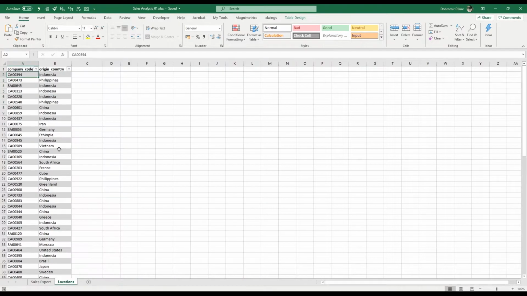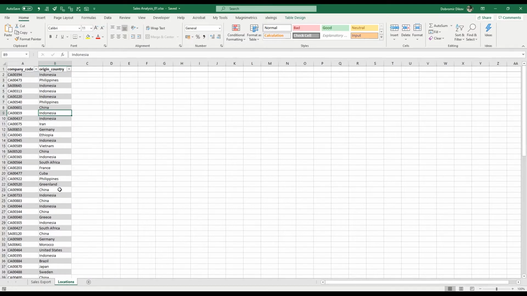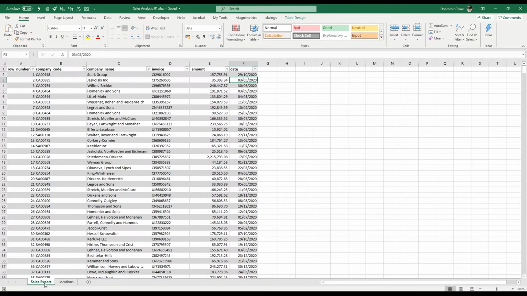We also have on the second sheet an export giving us the company code and which country it belongs to. This is going to be useful information because we have the sales here, and by having the countries, we can summarize them per country and look at our sales per region and how the company is doing in different regions. Okay, so in order to do that, we'll first need to transfer the locations here, and we can do that